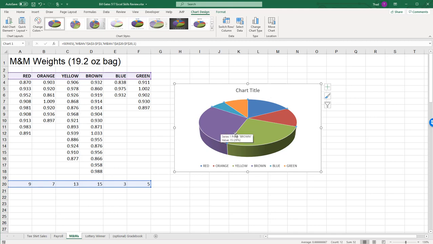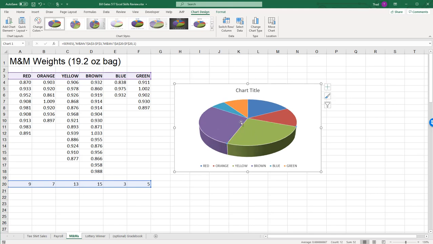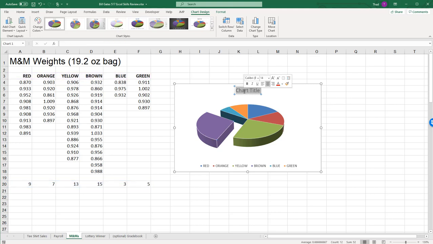If I click a slice, a second click to get just a slice, now I have just the green slice highlighted, and I can pull it out or explode a part of my pie if I want to. So there's a lot of nice editing. You have a lot of control over the charts and how the chart looks. M&M count